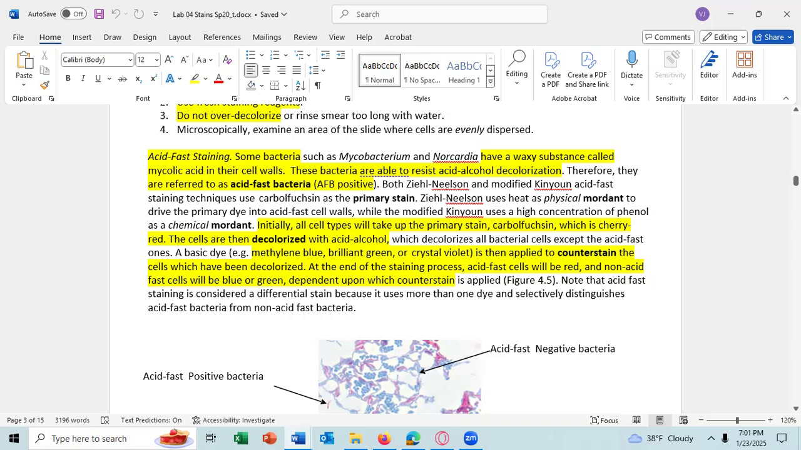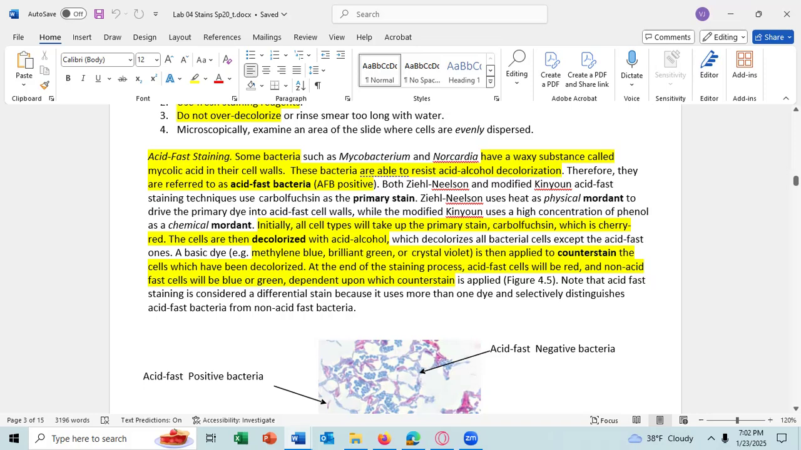But with the modified Kinyoun method, we have a very high concentration of phenol, which is the chemical mordant, which helps the carbol fuchsin move inside the cells. Initially, all cells take up the carbol fuchsin as the primary stain, and it's a cheery red color. We then apply the decolorizing agent, which is acid alcohol, and it will pull the carbol fuchsin out of the